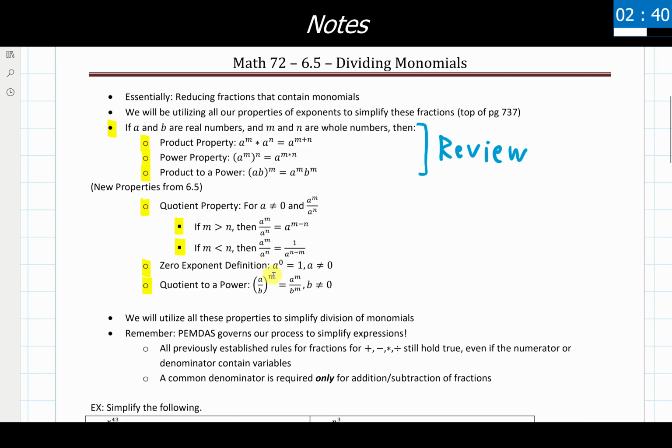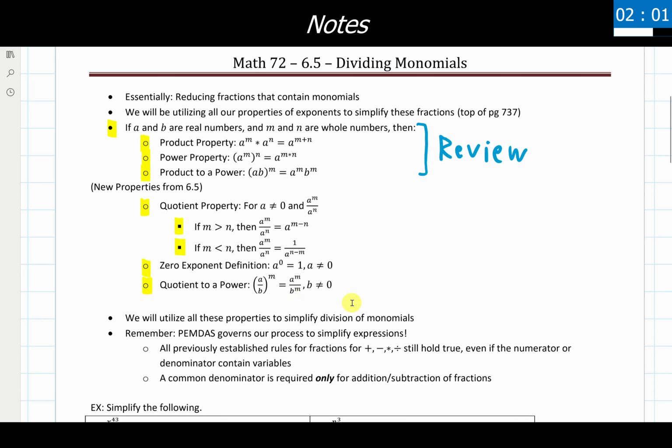We will see two ways that this can end up happening in a problem, and I think that should help see, well, why is this property always the case? And last but not least, we have the quotient raised to a power property, which says if I have a fraction, something like a divided by b, all contained within a set of parentheses, and that set of parentheses is being raised to some exponent power, n in this case, then that's equivalent to raising the numerator to the n power and the denominator to the n power, and then simplifying them down respectively from there.